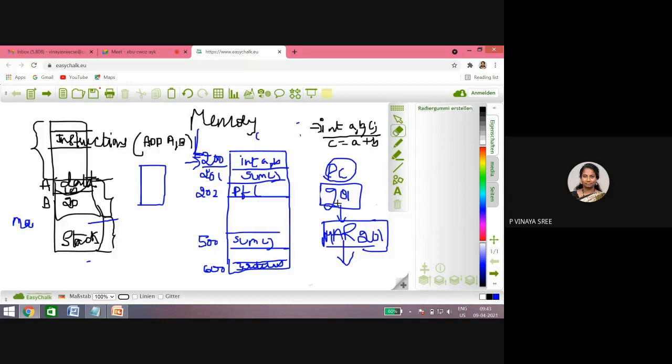Now in the program counter, what do we need to place? Do we need to place the next instruction? As presently the processor is executing 201, what does it have to place next? Is it 202 or is it 500? 500. Yes, ma, good. So it is 500.